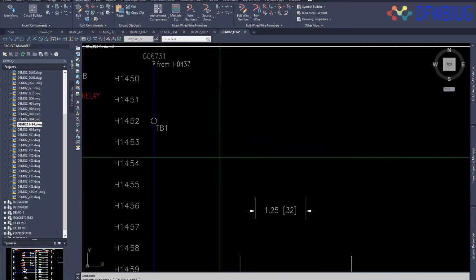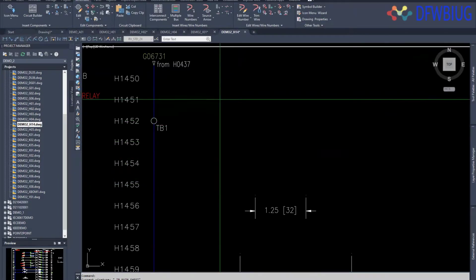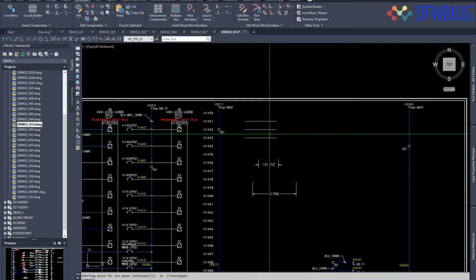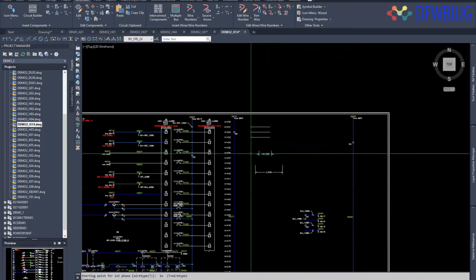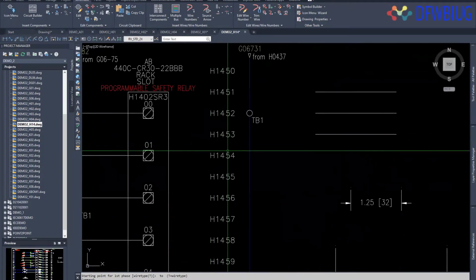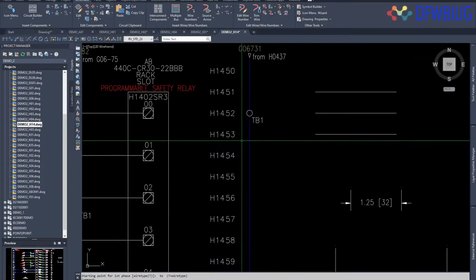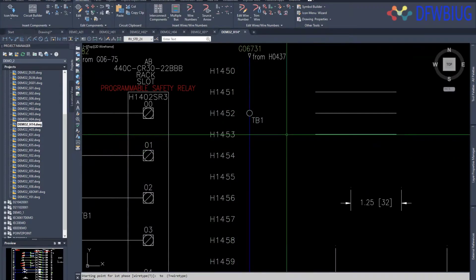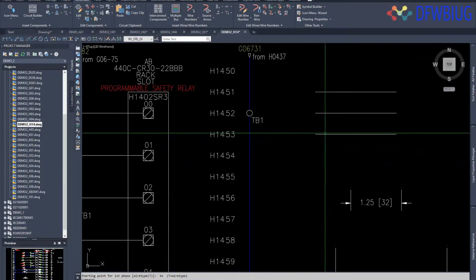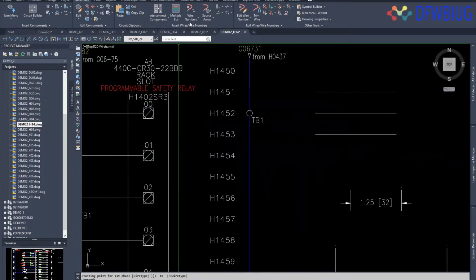One of the things you'll notice is that I tend to work from snap. Always work from snap with this, because if you don't, then your devices are going to be varying between this point and this point. If you're too high or too low, it's going to look right, but you put a wire in, your wire referencing will not match your device. I have 1-inch centers on my devices. I have that for a reason, so I have access to work. Now let's